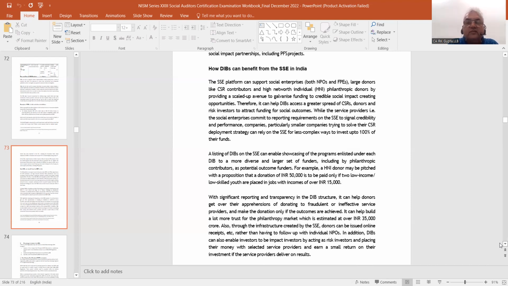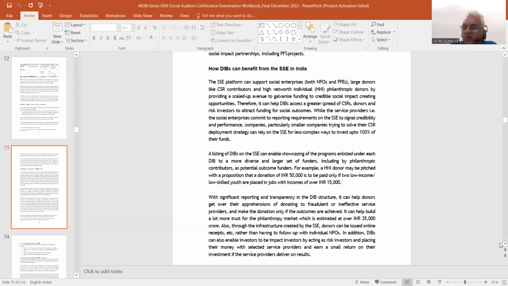For example, an HNI donor may be pitched with a proposition that a donation of INR 50,000 is to be made only if two low income or low skilled youth are placed in jobs with income of over INR 15,000. Like you might have seen the concept of saying, okay, you pay for one brick. The donation is towards construction of a hospital, and for one brick, you have to pay a contribution of 5,000 rupees. So similar could be the concept here that one bond could be say worth 1 lakh rupees or 2 lakh rupees. But definitely the donors will be attracted when the programs are listed,